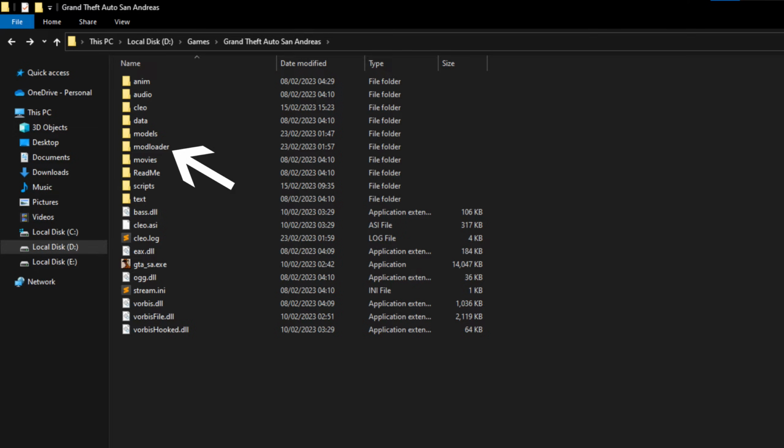ASI mods installed inside ModLoader still need to follow the correct folder layout, so install ASI mods inside ModLoader the same way we've installed Silent Patch, Widescreen Fix, and Open Limit Adjuster. They won't work if they're not inside mod folders. Clio scripts can also be installed inside ModLoader, just like ASI plugins. However, there's also a very small chance some scripts won't work, and they'll need to be installed in the Clio folder instead. We haven't actually installed any Clio scripts, but we'll also do that in the next video.